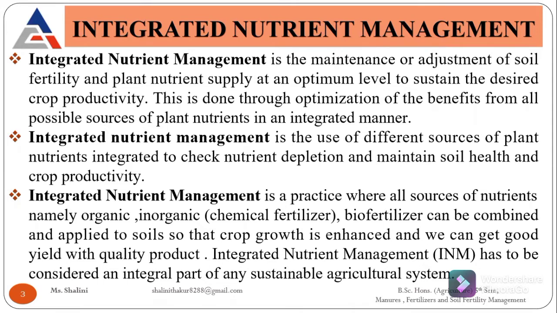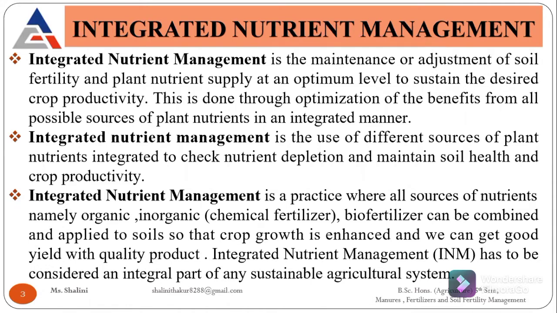Another definition is that we have to use different sources of plant nutrients and integrate them, so as to check depletion and maintain our soil health, because you all know that by supplying chemical fertilizer regularly, or in overdose, we need